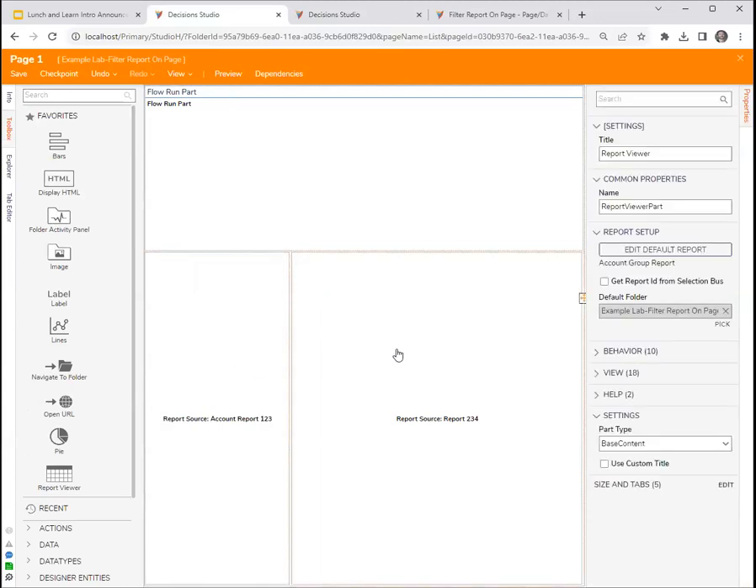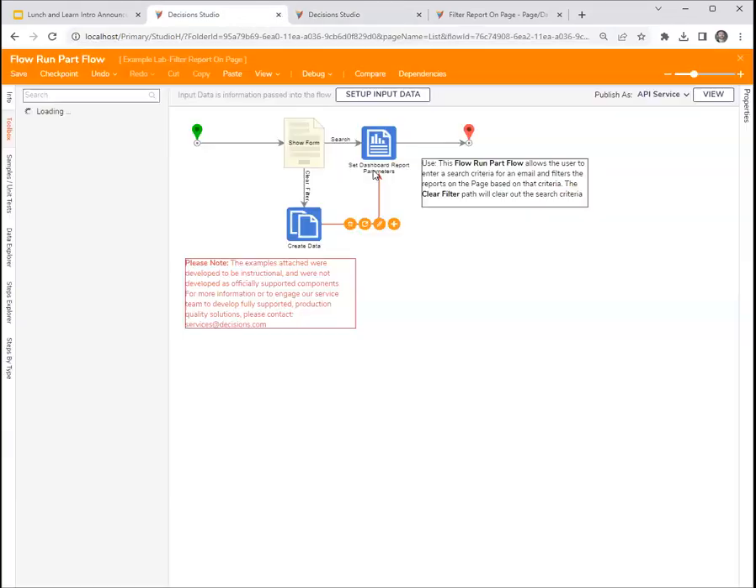Ignore that, that doesn't do anything. The important point here is that if we look back at this flow,